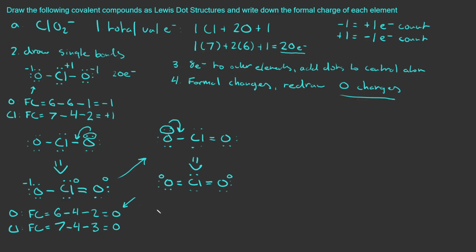And so all we have to do now is figure out the formal charge of our chlorine in the center, which is equal to 7 valence electrons, minus, we have 4 dots still, but now we have 4 bonds, and so this will have a -1 charge right now. And so now the question is, which one of these two is favored? The more favored one is that the higher